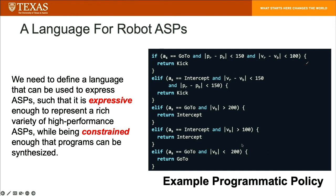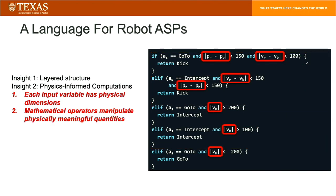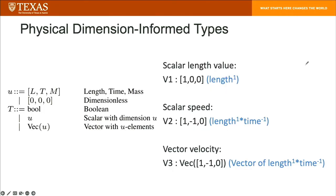If you look at these example programmatic policies, you can get a few insights. First of all, there's some layered structure to them, so you can break this down into transitions between these underlying low-level skills. The second thing is that the decision-making reasoning is based on physically meaningful things, like the relative distance between two locations and the relative velocity. Now, if you look at these, you can get some structure because you can't, for example, add a location to a velocity or subtract a location from a velocity. It doesn't make physical sense. So it constrains your space of what these symbolic programs should look like. And that essentially